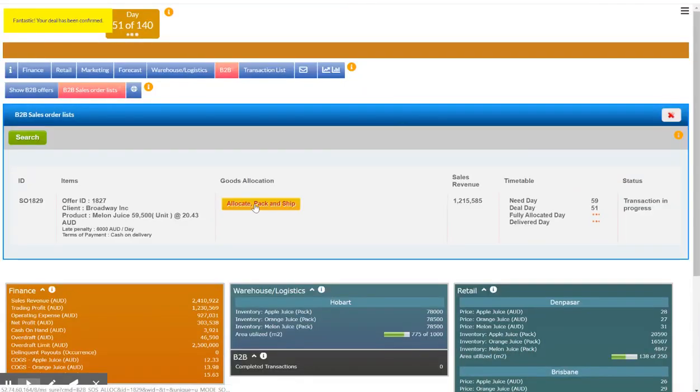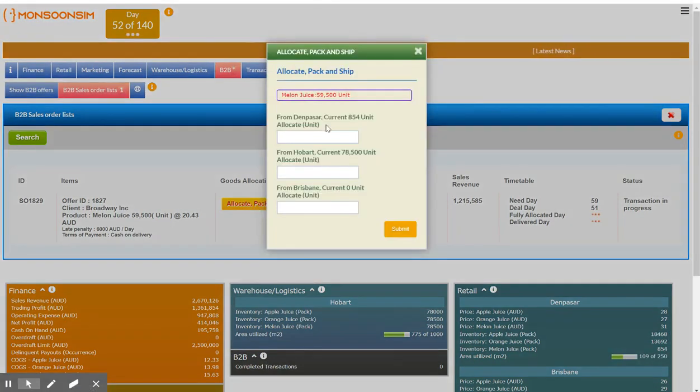Notice that now I have to do manual allocation, right? In 7.5, things are being allocated for you, but now we have multiple warehouses and so on, and we can allocate from anywhere. It doesn't have to be a warehouse, so I can allocate from Denpasar, let's say, 6,000 units. I can also combine it with 6,000 units from here, and then the rest come from here. I can do my allocation from here, so it's more realistic,